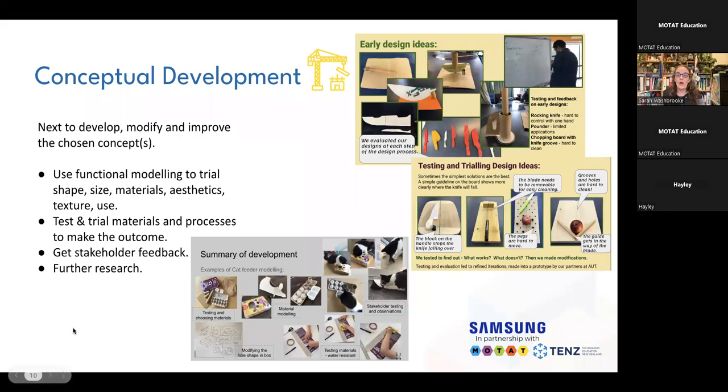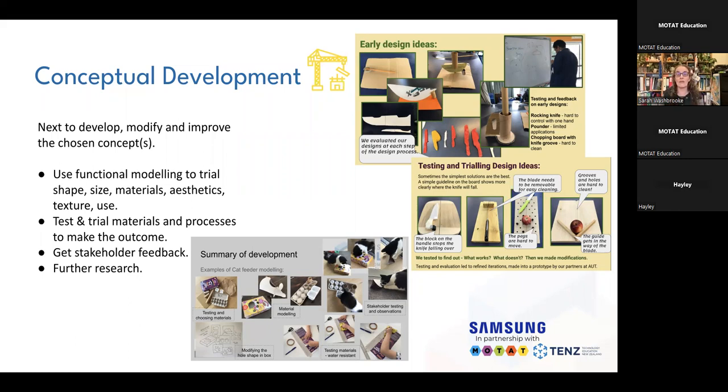So once you've got 1 or 2 key ideas to develop further, the next stage is actually development if you're looking at the technology curriculum. In the technology curriculum, all of this work falls under the technological practice strand, and it comes specifically underneath the outcome development and evaluation section of the technological practice strand. So clear links to curriculum are coming through. As part of that is the development of those ideas.